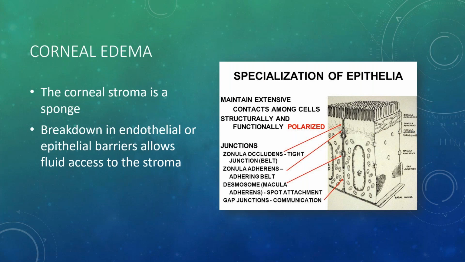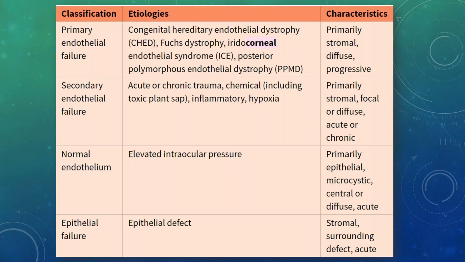Same thing goes for the endothelium. We've got desmosomes on the basal side that are essentially a barrier to fluid. And if you have a break in the desmosomes there, you can also get edema of the stroma through the endothelium. So we have primary and secondary etiologies. The primary etiology,